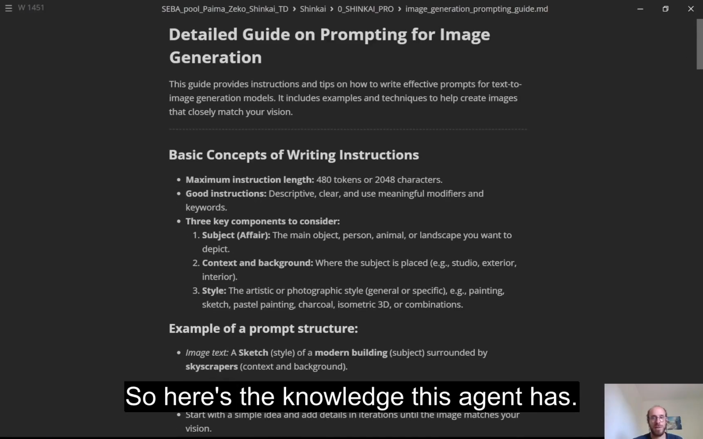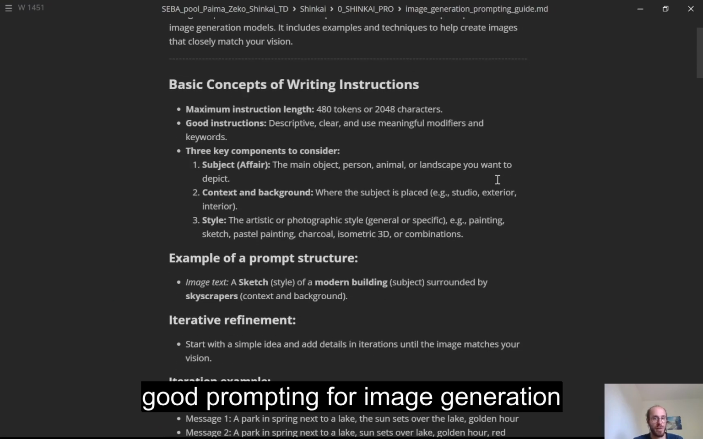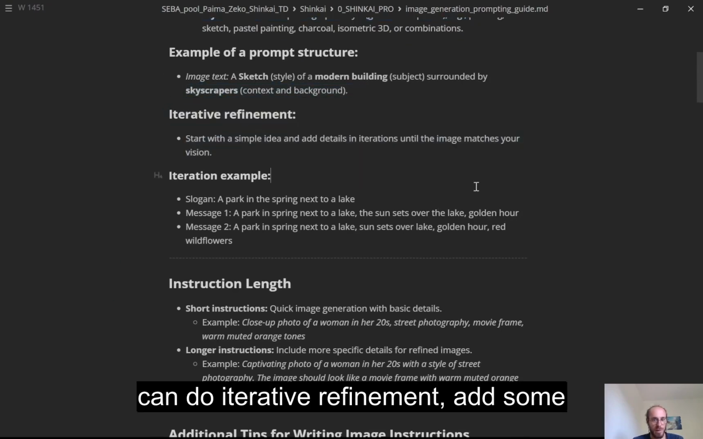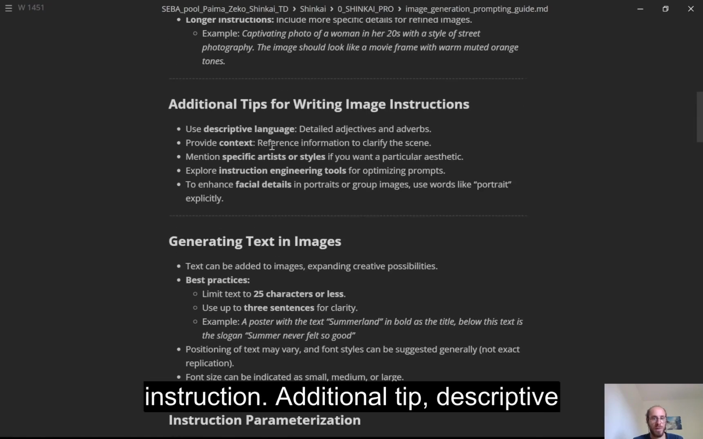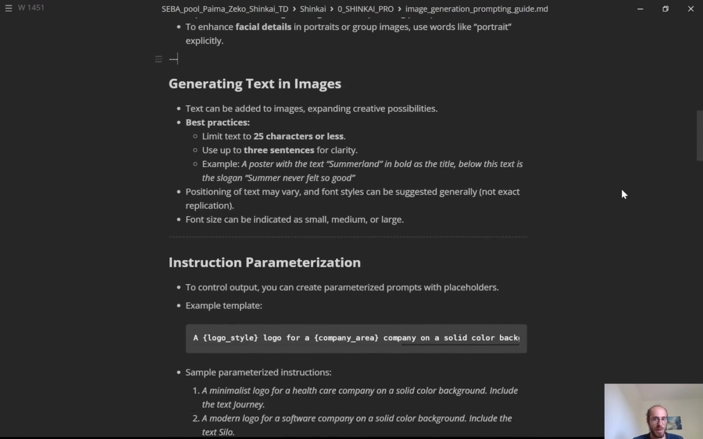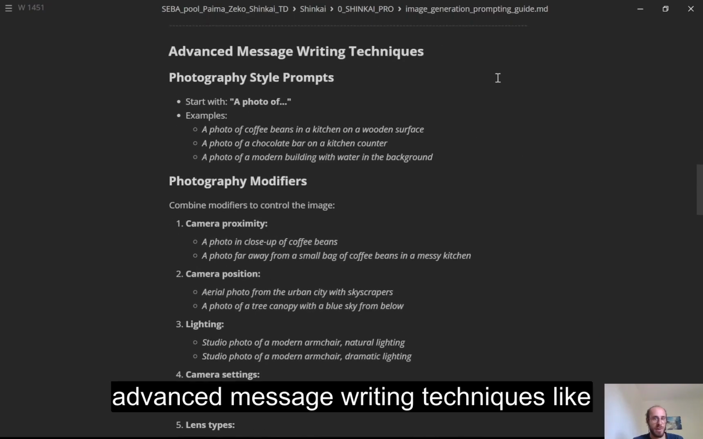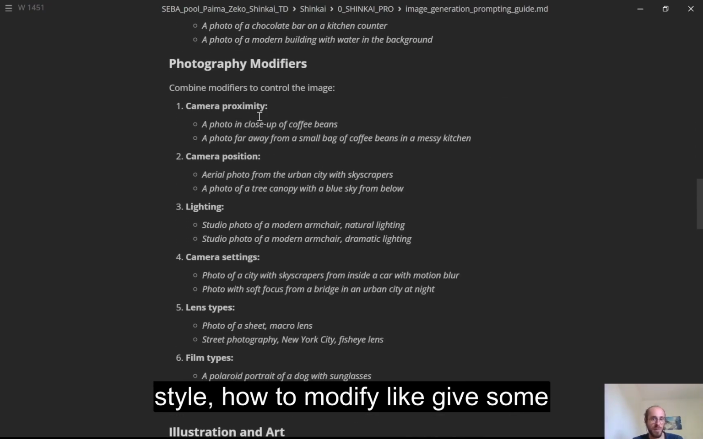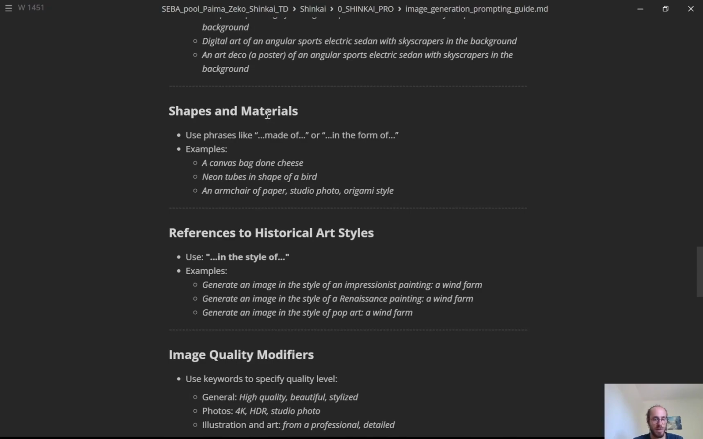So here's the knowledge this agent has. It has knowledge on how to do good prompting for image generation and basic writing instructions, can do iterative refinement, and some examples, some length to respect, short instruction, longer instruction, additional tip, descriptive language, context, specific styles, how to handle text, advanced message writing techniques, like how to add a photographic style, how to give some angles to the camera, the lighting, and so on, type of art, how to prompt for shapes and materials,